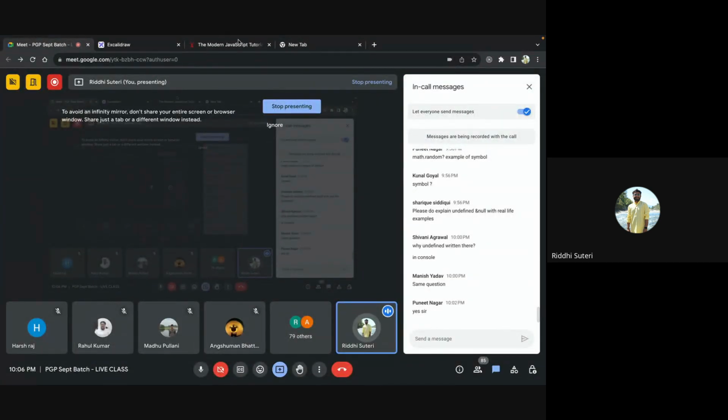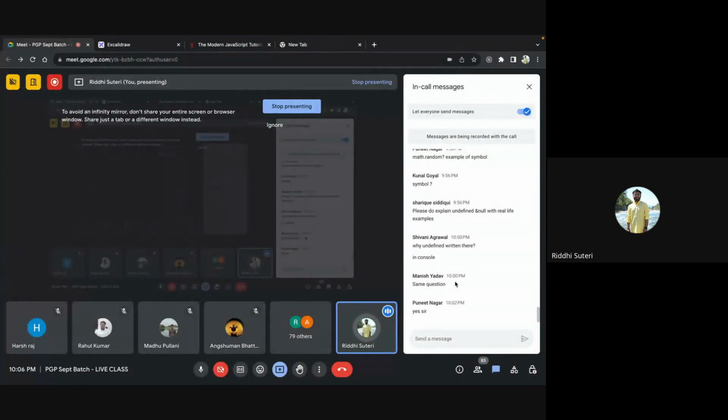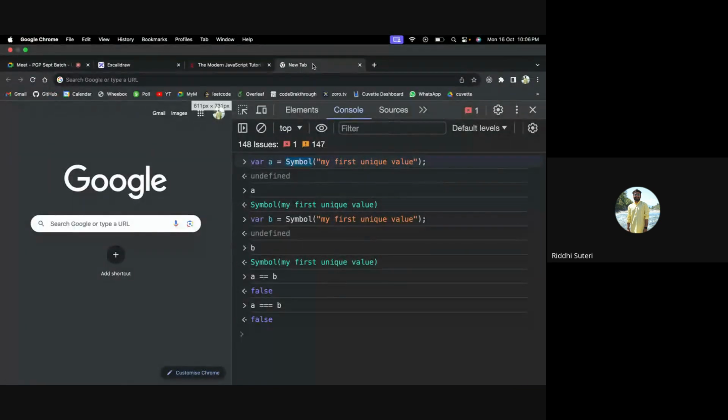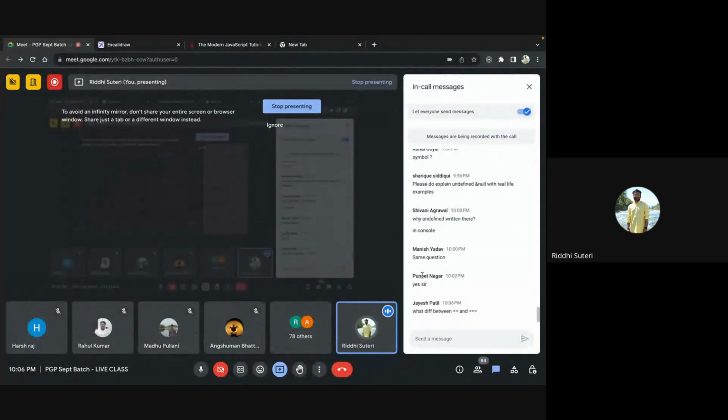Are you getting my point about symbol? This is how it is used, right? And in case you might want to use it in some more practical examples, right now I have not thought of any example where we can use it. We'll talk about double equals to, triple equals to also, but it's very rarely used. By the way, it's not something which is used too frequently in day-to-day life. So you can just let it be in case.